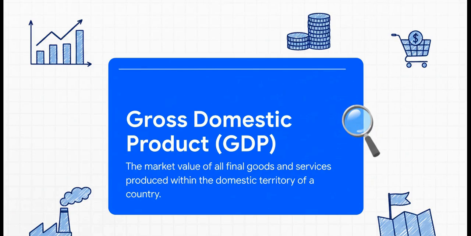And maybe the single most important idea in all of macroeconomics is something you've definitely heard of: GDP, or Gross Domestic Product. At its core, it's the main way we measure the total economic output of a country. Just think of it as the nation's total income for the year.